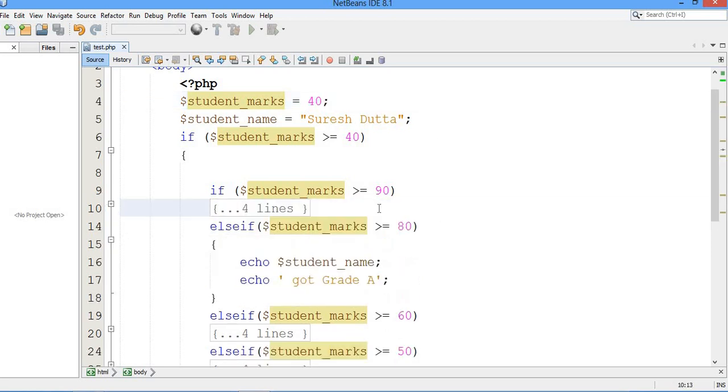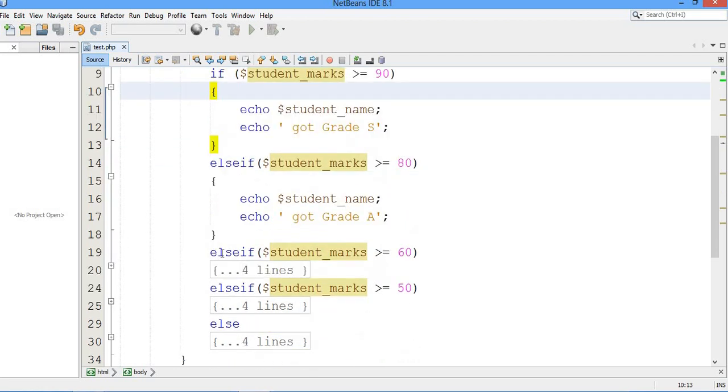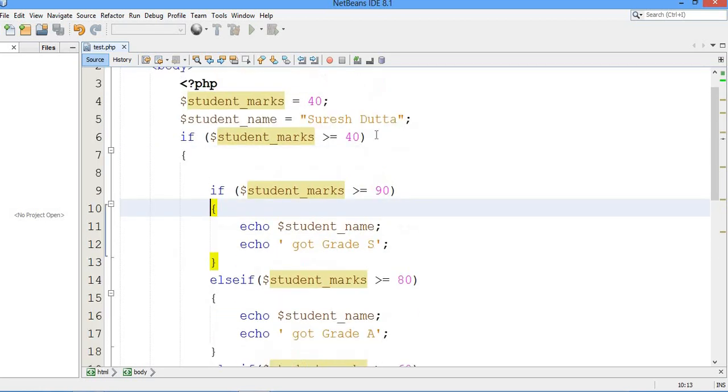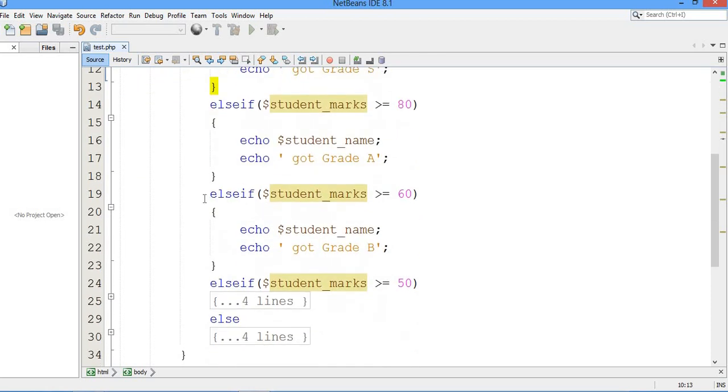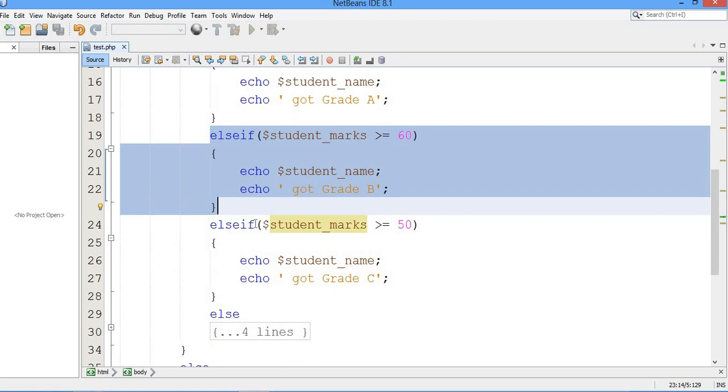Now is the student marks 80 or more? Certainly not, student has scored 40. So this condition is going to fail, right? Now it will be checked further. Is the student marks 60 or more? Certainly not, student has scored 40. So this condition is going to fail, and also this condition is going to fail because student marks is also